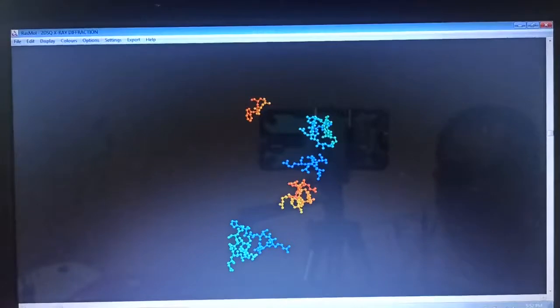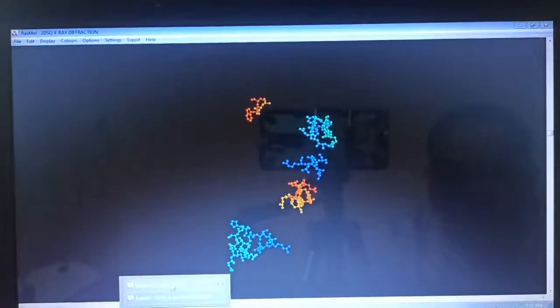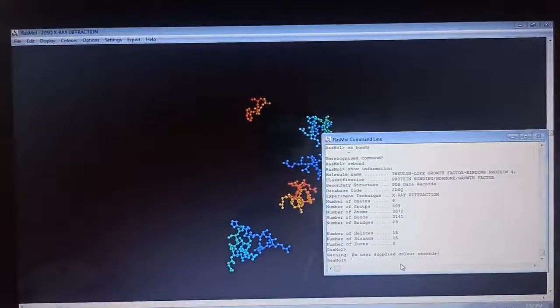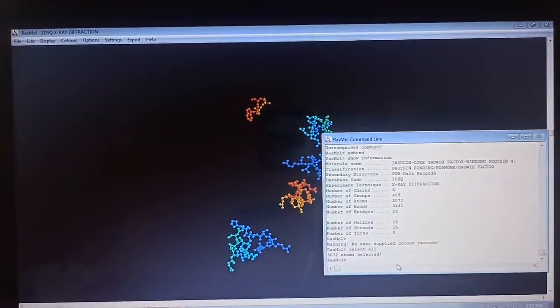So when you put select all here, it selects all the atoms present in it. So you can see there are 3772 atoms here in this particular molecule. So this is how you can do the analysis of a PDB file using the RASMOL software.